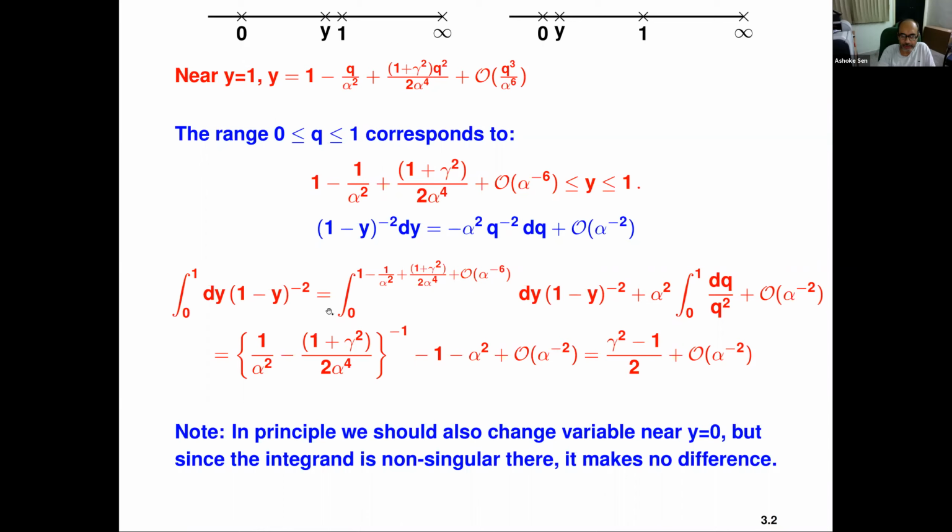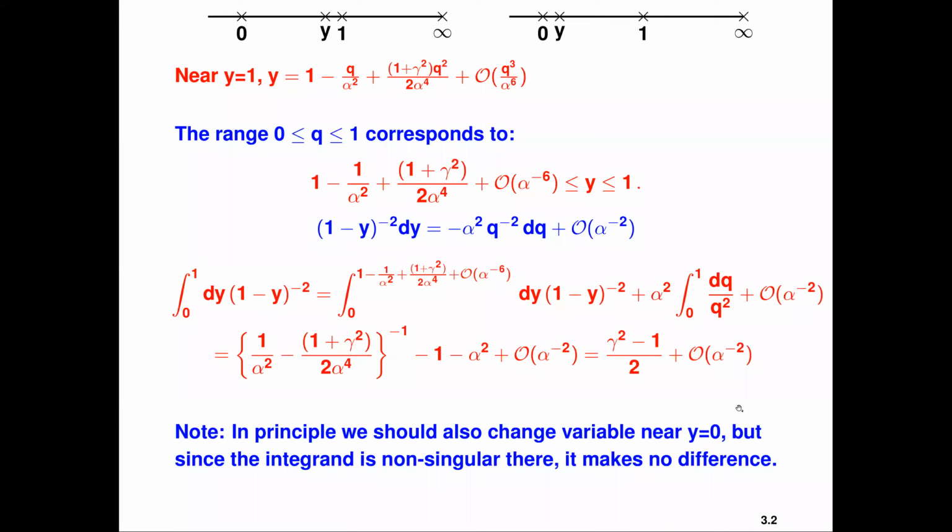So is this equation clear? Because this is one of the key points, right? We had a divergent integral, and with the help of string field theory, we turned it into a finite integral. Not only finite, but it's completely well defined. Given alpha and gamma, there's no ambiguity in what this integral is. And here I have taken the limit of large alpha, but you can certainly do this analysis even for finite alpha.